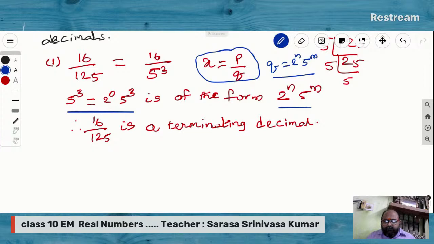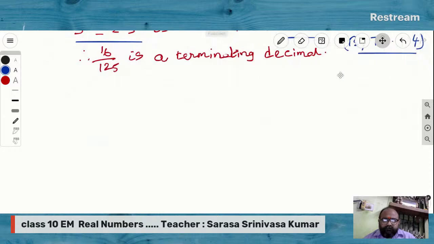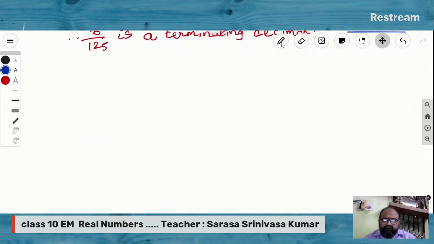So this is by theorem 1.4. Actually, we have to write the statement of the theorem here. We have to write the statement of the theorem. And next problem is